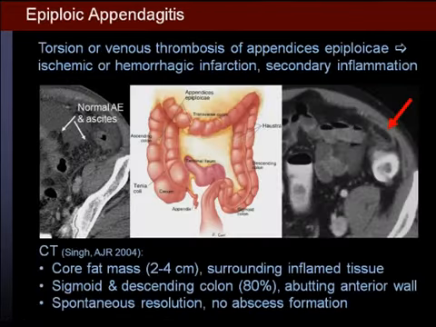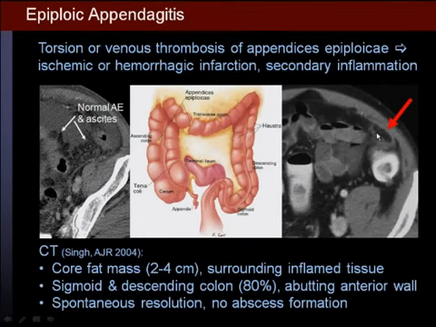Quite an important differential diagnosis is epiploic appendagitis if a patient presents with left lower quadrant pain, and by definition we are dealing with a torsion or venous thrombosis of appendices epiploicae with ischemic or hemorrhagic infarction and secondary inflammation. The appendices epiploicae are usually not visible because they blend with the surrounding fat. However, if there is ascites, they become visible because of the different attenuation of these appendices and the fluid, the ascites. And on CT, we recognize a fatty core mass